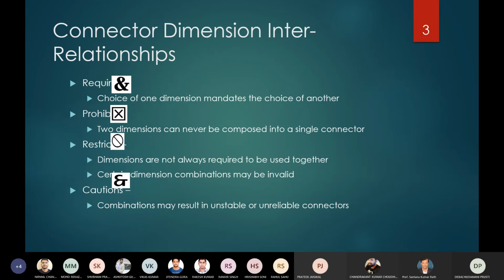Then combination, whether it is valid or invalid. Then caution I will represent with an exclamatory mark. The combination may result in some instability, meaning some unstable output you can expect from that relationship. So caution is for that.